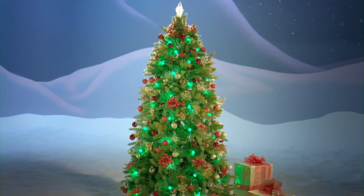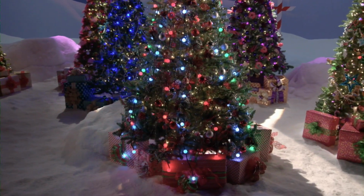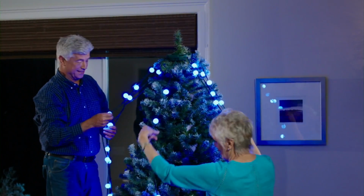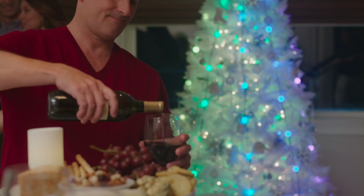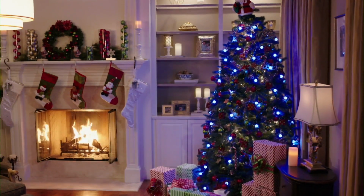So this is the easiest way for you to put lights on the tree. Finally, it has taken all of these years for this, but now you've got it. And again, it's as easy as that. You're gonna plug one end of the Tree Dazzler into any outlet, and then you put it over the tree, and then finish decorating the tree. Put your ornaments on, put your presents underneath. You can put your